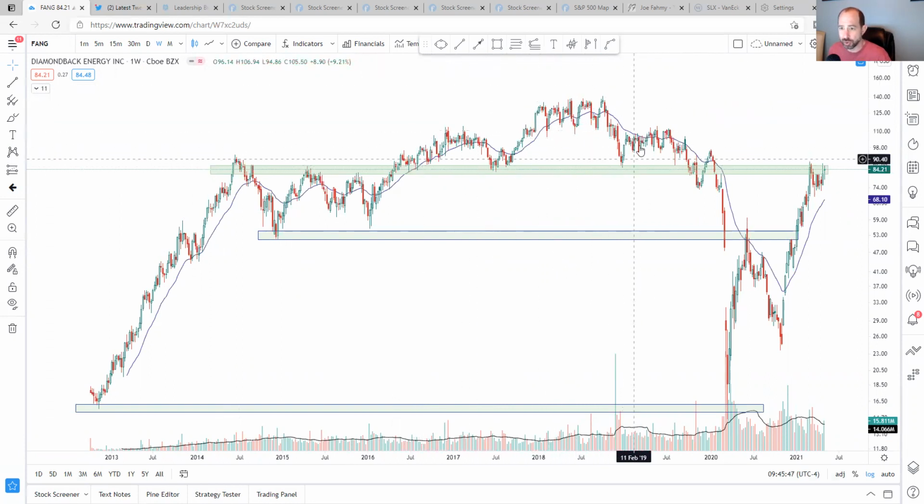Here's your head and shoulders top that actually meant something, because most of them don't. But there was a head and shoulders right here. It broke down from the head and shoulders, and this is really a classic breakdown right here. Boom, then it chopped around, then started making its much lower legs. Anyway,